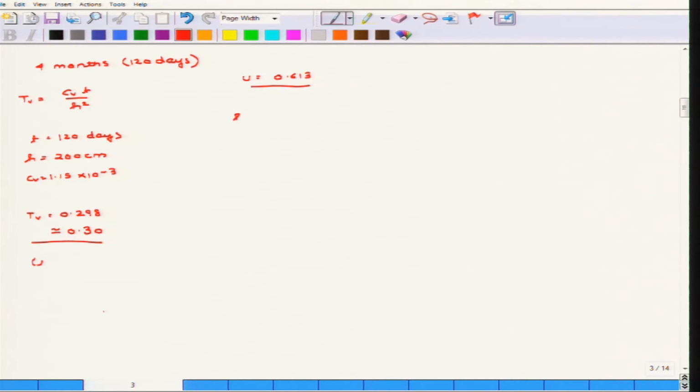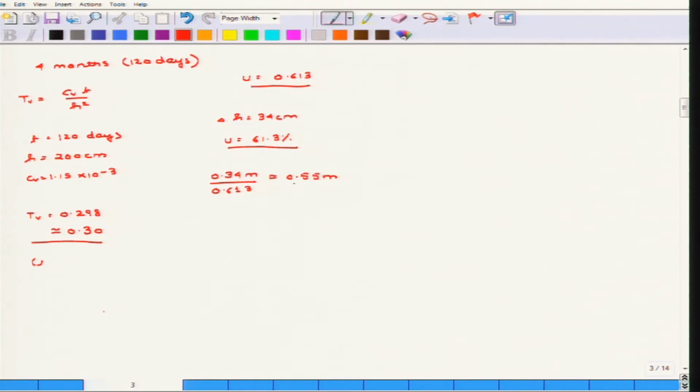So, delta H equal to 34 centimeter would now correspond to 61.3% of the total consolidation settlement. Now, 61.3% of the consolidation settlement would be obtained under a heavier surcharge. So, in this case it will be equivalent to 0.34 meter divided by 0.613, because 61.3% corresponds to 34 centimeters. So, the total settlement would correspond to